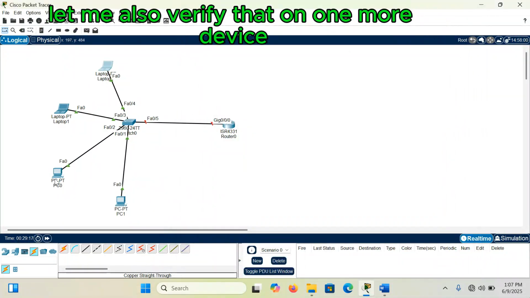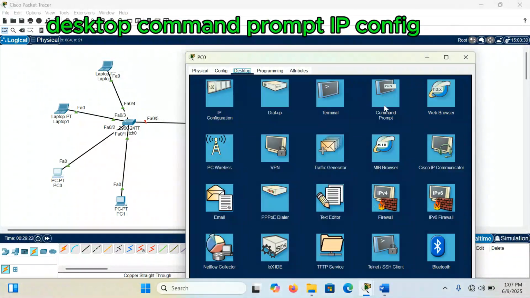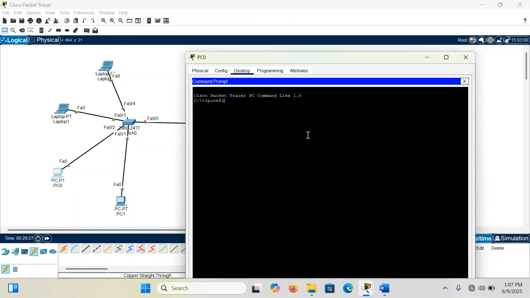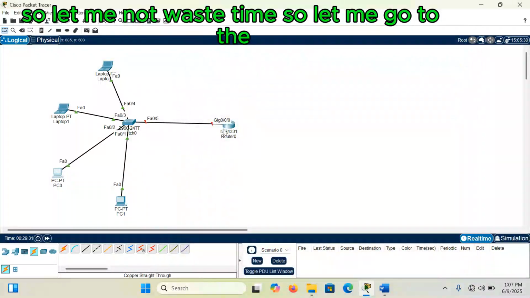Let me also verify that on one more device before I move further. Okay, Desktop, Command Prompt, ipconfig. You can see they are all 0. So let me not waste time. Let me go to the